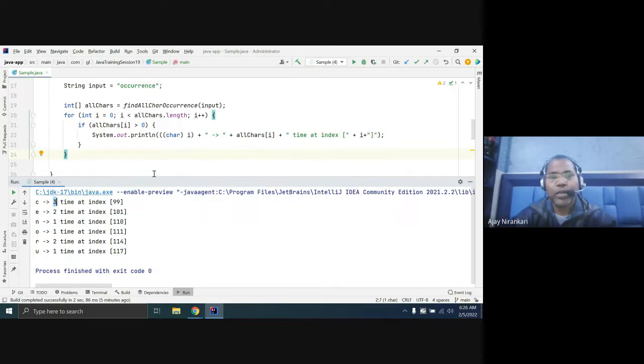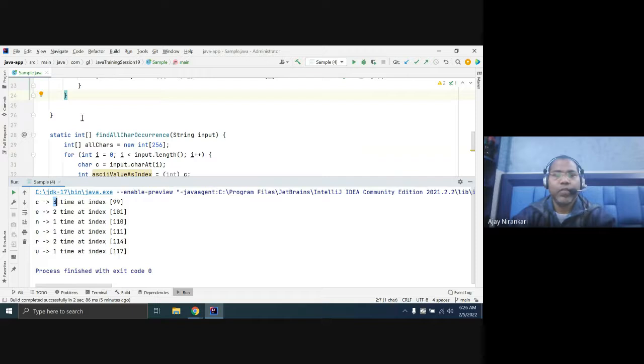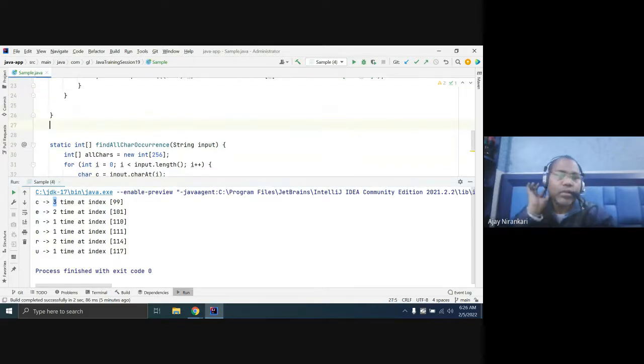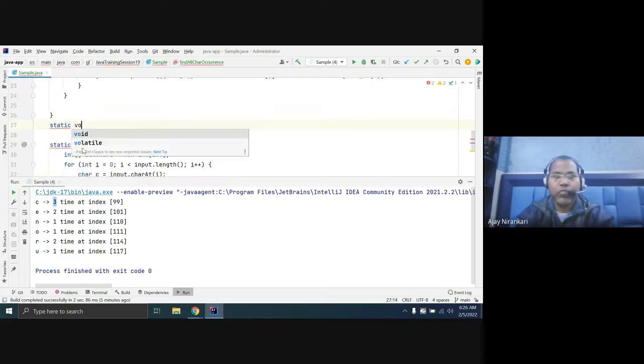So let us write one method that gives me the maximum occurrence. Static int getMaxOccurrence.